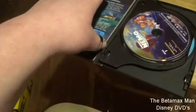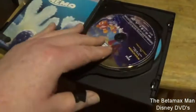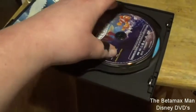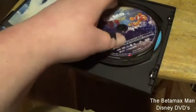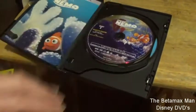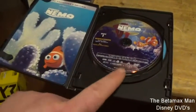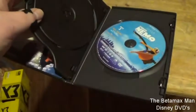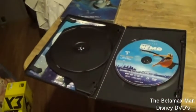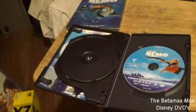And it's got a lot of different things on it. So we'll take a look at the booklet here, and we'll take a look at the discs. This one, I think, had both the widescreen and the full screen, which is the pan and scan version. So disc 1 has the widescreen feature film, and let's see if this is the full screen. Yep, it is. Because when DVD first came out, people wanted to have the full screen, because when I was growing up as a kid,